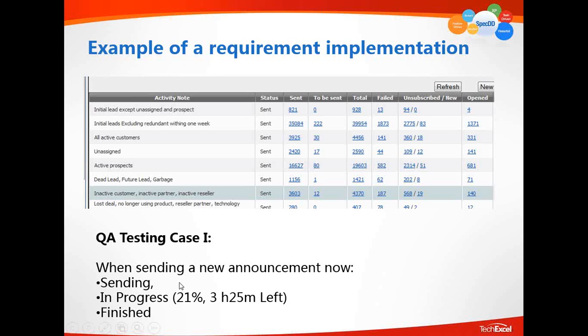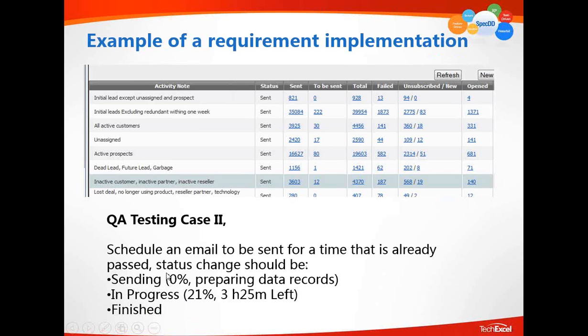So they create test cases to recognize what our end user wants to see, but let's look at the working software we have so that we can write the test procedures. So here's test case 1. When sending a new announcement, we should see the status changing from sending to in progress to finished. And the test case 2,